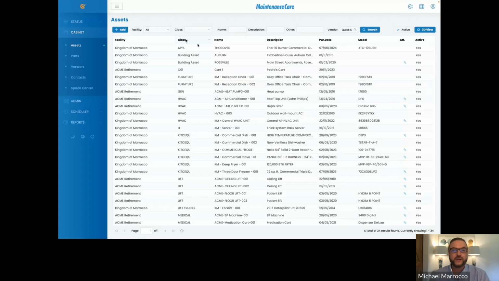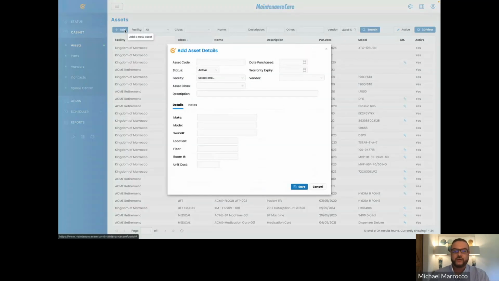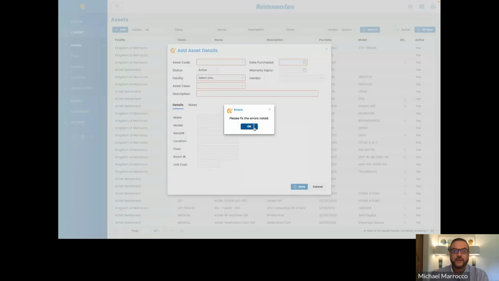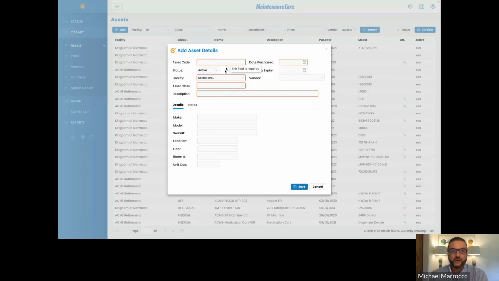What we can do is we can click on add, and you'll see here there's a bunch of different areas that need to be filled out in order to create the asset. However, there are some that are mandatory. So as you can see in red, these items here need to be input into the system in order for you to create that asset, classification being one of them. So your asset code,